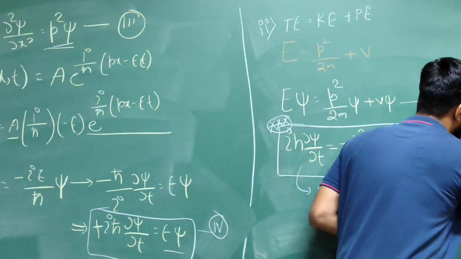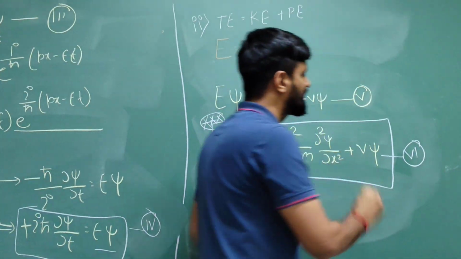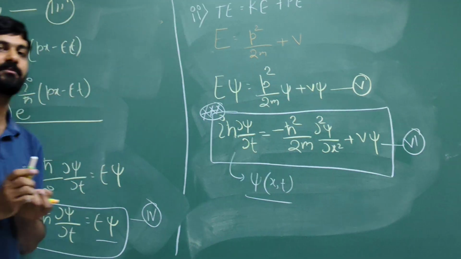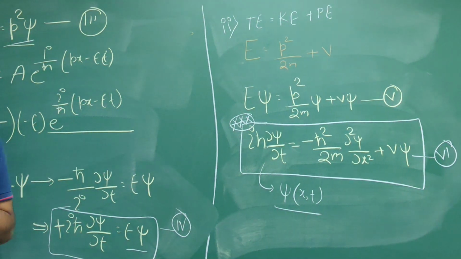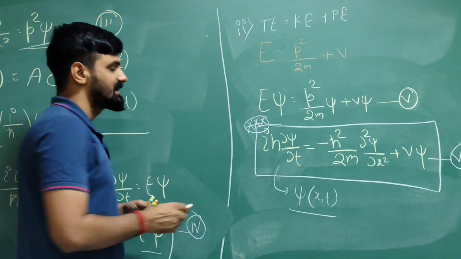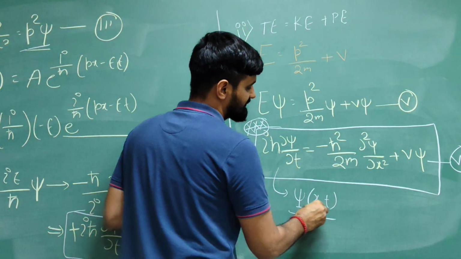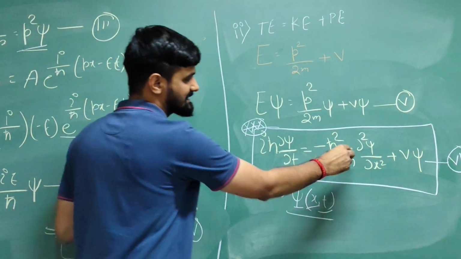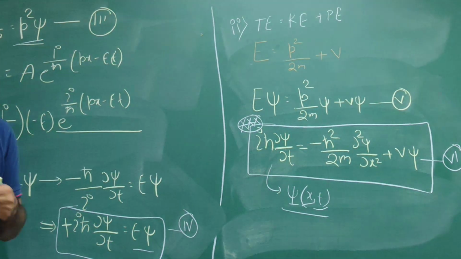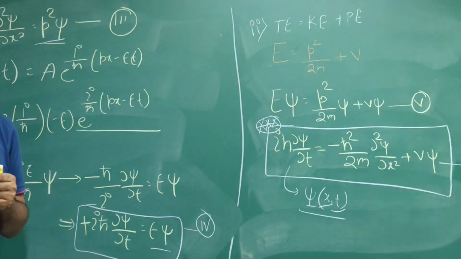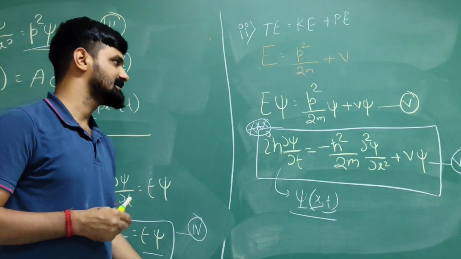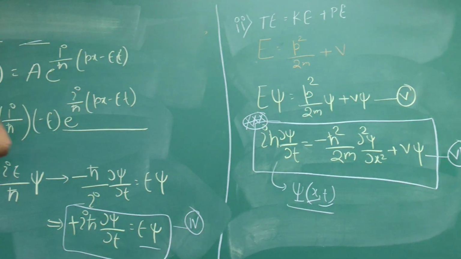Let's say this is my equation 6. In order to solve this equation 6, we have to use the separation of variables technique. Why? Because here you can see psi is a function of space and time variables. So this is a second order partial differential equation, a linear partial differential equation. And in order to solve this equation 6, we can assume